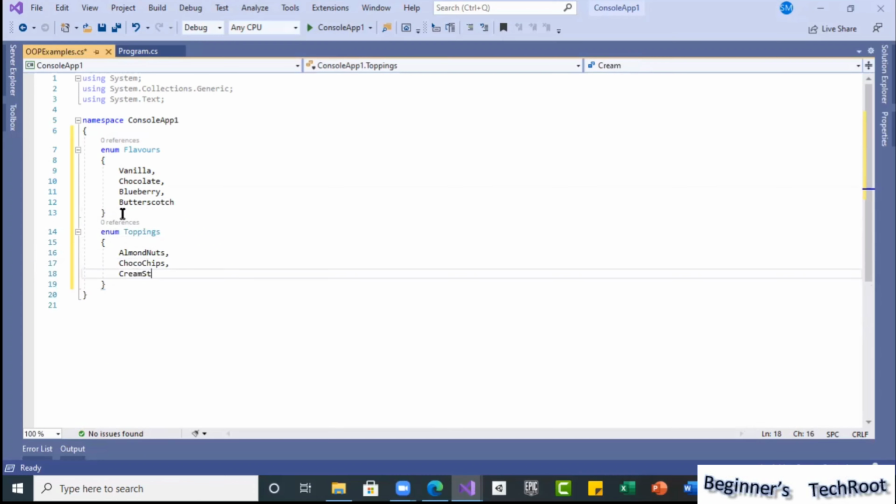Something like this, a few I can take. Yeah, fine. So now these are in place, and I will define a base class, IceCream.